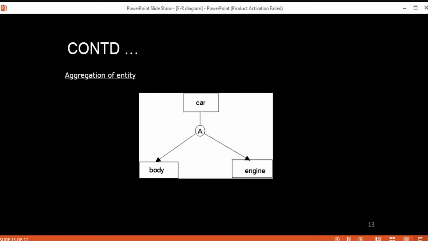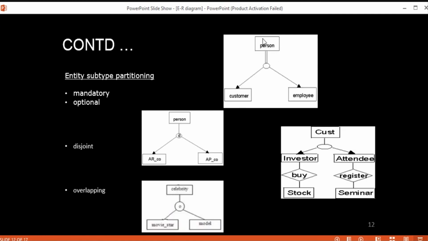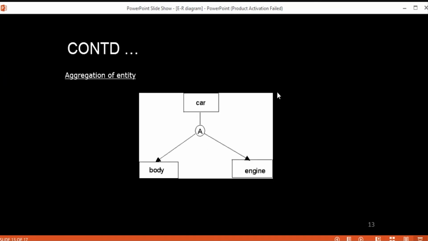So when an entity is made up of several different types of other entities, then we can say that that relationship is nothing but the aggregation relationship, and we can symbolize it using a symbol inside the circle. So here, the relationship between a car and its engine and its body. The engine and body are part of that car, and here we can say the person is a customer, person is an employee, which is nothing but the is-a relationship. But here aggregation means the part-of relationship. So that is nothing but the aggregation relationship, and we can indicate it this way.